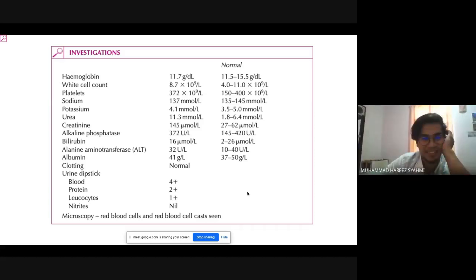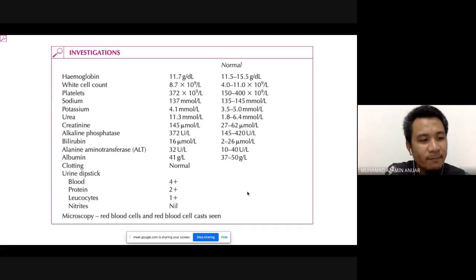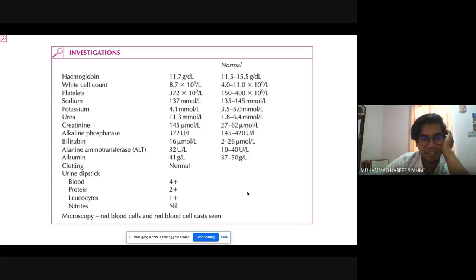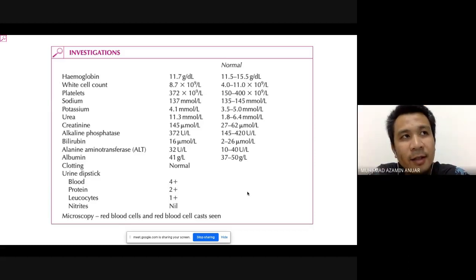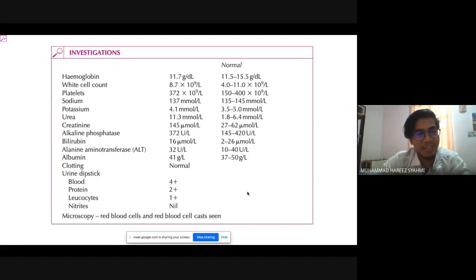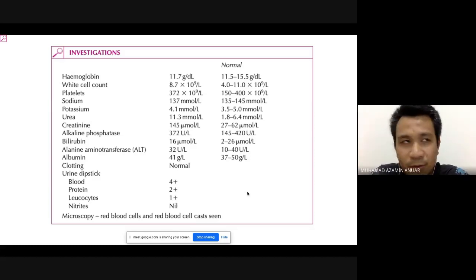Yes, doctor. Why is that? Due to the leaking at the glomerula, due to the inflammation. So leaking, inflammation. Tapi kenapa urea dia high? Sorry, doctor. Due to inflammation at the glomerula, due to proliferation of the mesangial cells, so it will lead to reduced GFR. So the urea will be high. Reduce blood flow. Okay, reduced blood flow to the glomerula.